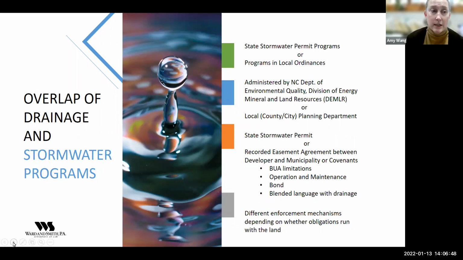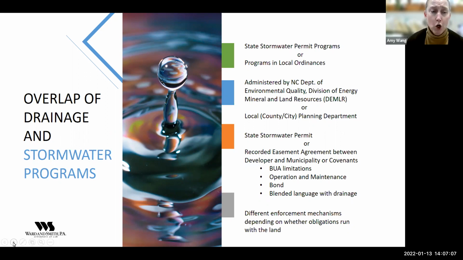So as you can see, it's easy for an overlap of stormwater and drainage to occur, both in how we may see it just on a daily basis in our lives, but also in the regulatory controls that affect how things are managed.